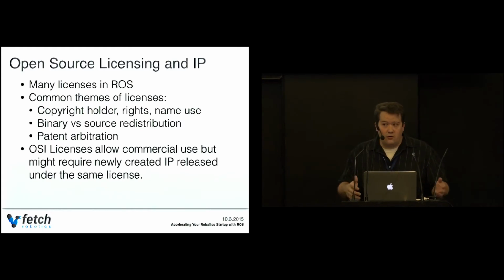They will all allow commercial use. Basically, all the OSI licenses say you can't restrict who can use it. Technically, you can use them for evil things, right? The license doesn't restrict what you can do with them. Not to say that commercial things are evil. I'm saying that you can use it for anything, commercial or evil or good or whatever. But you can't restrict the usage. What they do restrict is what rights you have at that point. So if you create a new extension on that, if you create some new code, many of those licenses will require that you copyleft, which means you give it all back, and that you release all of that code under the same license.